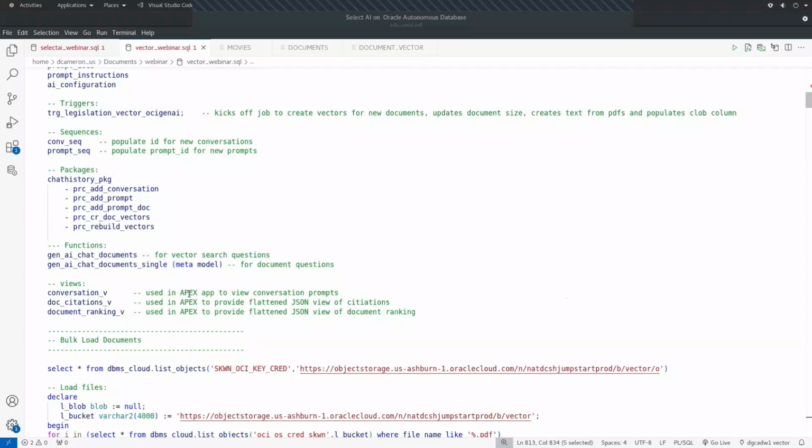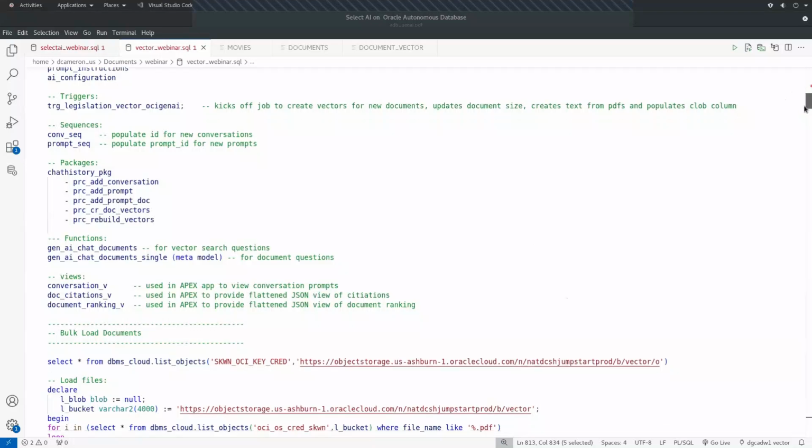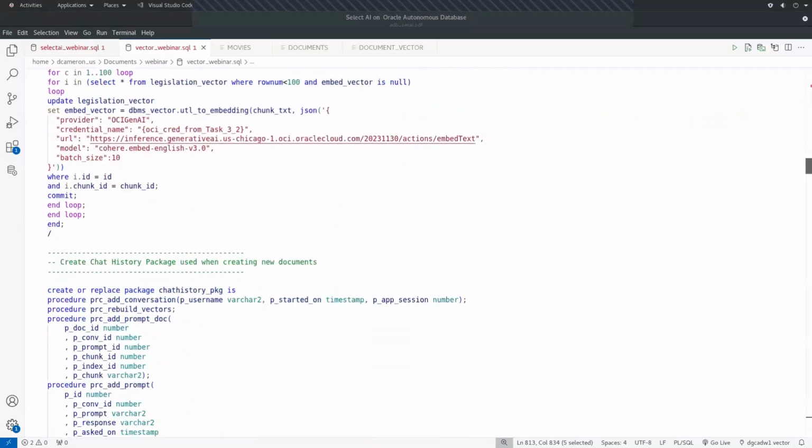Everything that's sent to the language model and returned from the language model is all JSON. So we have JSON functions to flatten those, so when you're in Apex, it all just looks like relational data. Now, I'm going to bypass the bulk load. That's all the same as the August